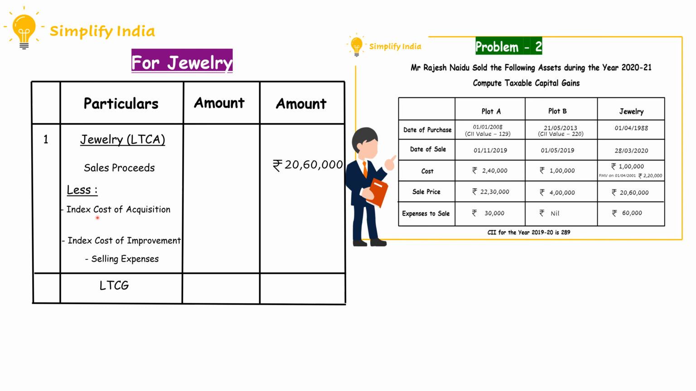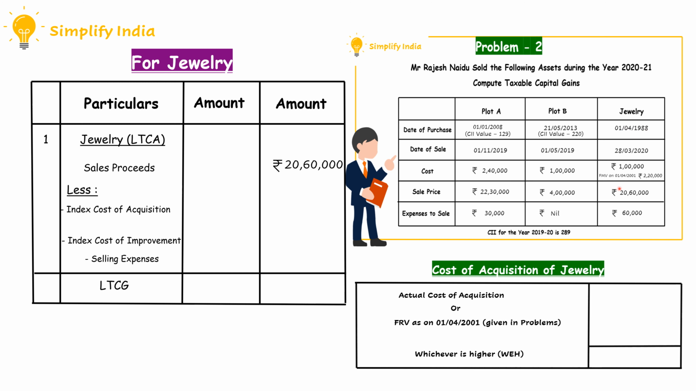And in case of index cost of acquisition, as the jewelry was purchased before 1st April 2001, we have to take into consideration the actual cost of acquisition and the FMV, and we have to take whichever is higher. That is, the actual cost of acquisition is rupees 1 lakh and the FMV as on 1st April 2001 is rupees 2,20,000. So whichever is higher, rupees 2,20,000 is higher, so we have to take rupees 2,20,000